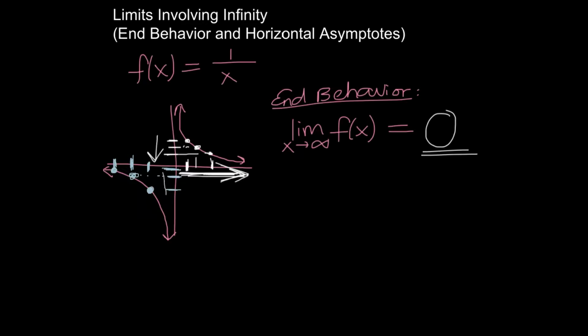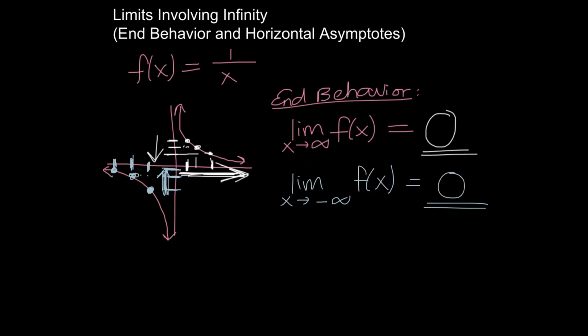So it appears that the y coordinates, these blue ones, are also approaching 0, but from the negative side. So we write the limit as x approaches negative infinity, f of x equals 0 also. As x approaches negative infinity, in other words, as x gets super small, super negative, the y